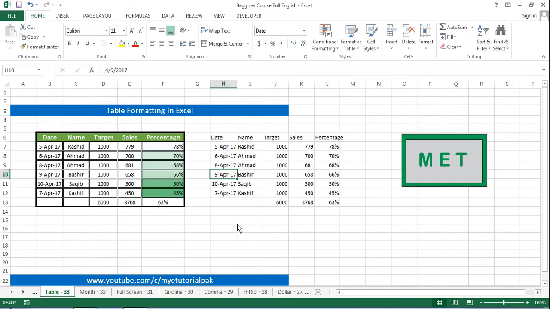In MS Excel. So here is my data and I want to insert a table and I want to format it like this. So first of all, there are two methods by which you can insert a table. The first one is